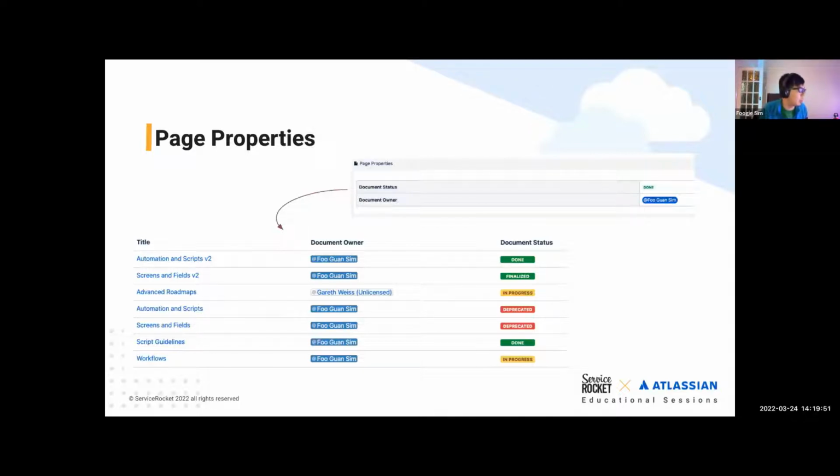In this case, automations and scripts, screens and fields, those kind of pages. You insert the page properties macro, and then you have an index page that indexes all of this using the page properties report macro. Now, it essentially gives you a summary of all the pages' metadata in this case. Now, this is dynamic because once you make a change in the page properties macro, it will automatically be updated